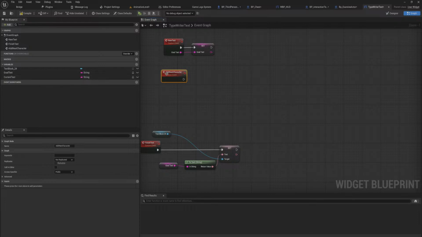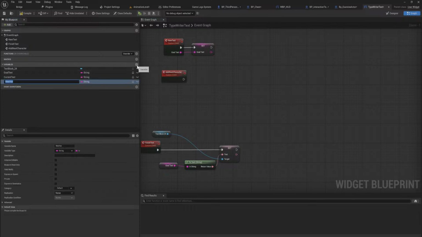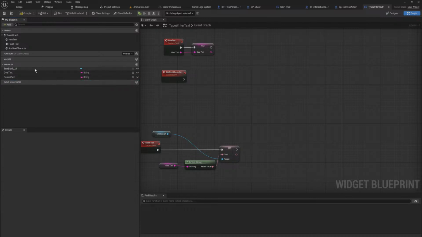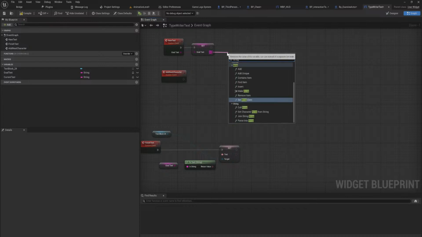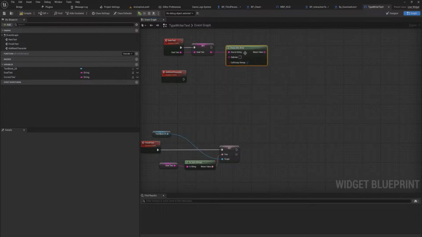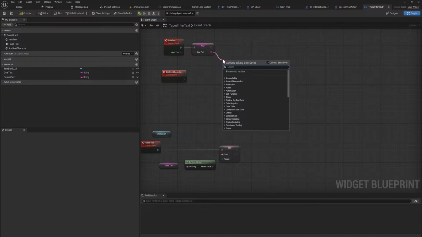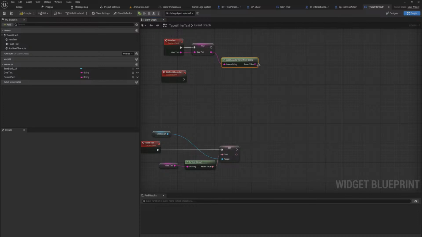So what we do is the goal text, what is it again? I think it's like to array or something like that. Parse into array. Gets an array of strings from a source string divided up by a separator. That's not quite what I want to do. I think it's like characters. Get character array from string. That's it. So we promote it to variable,